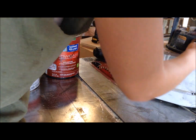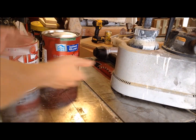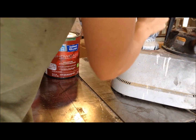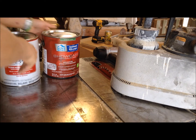So someone gave me one of these paint sprayers a couple months ago. I've used it a couple times. And this one's only recommended for oil-based paint, which is why I bought oil-based primer, and that is what I'm going to put on there with the gun. I also bought this,